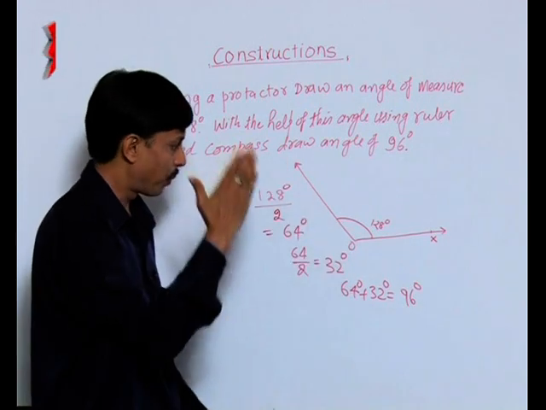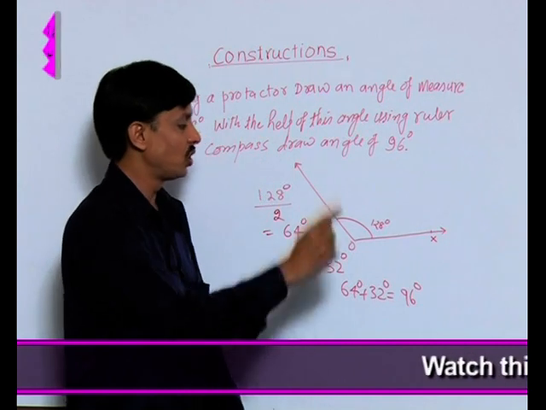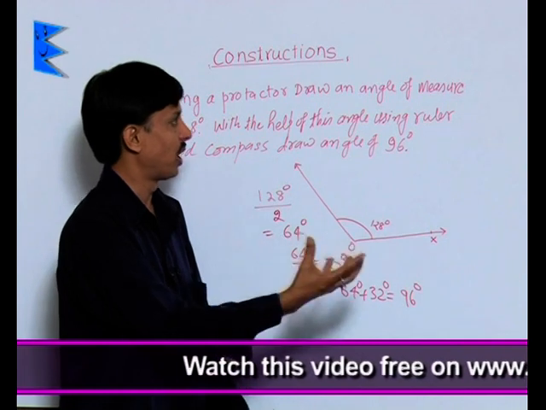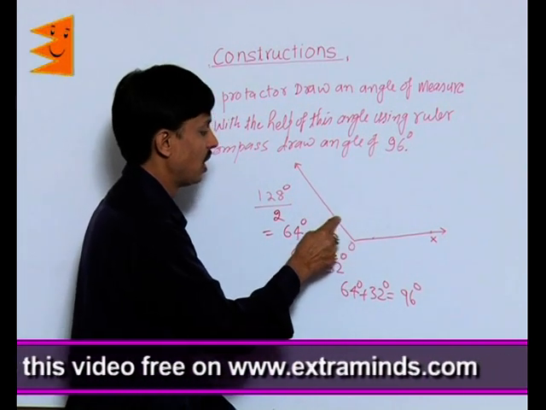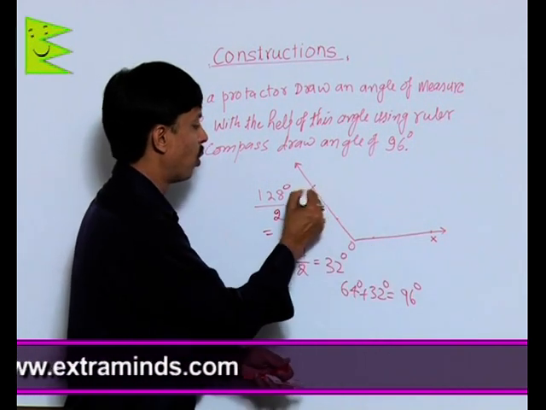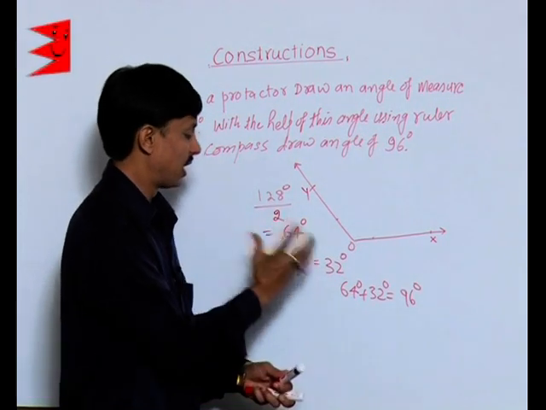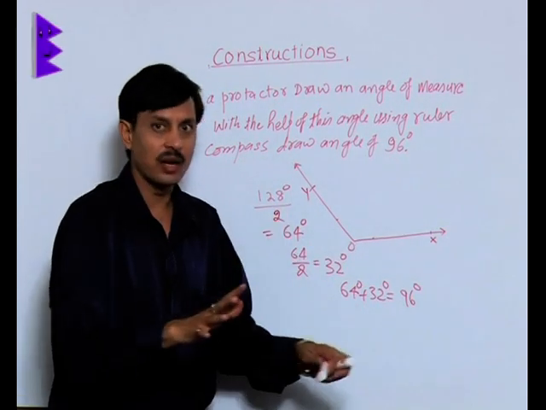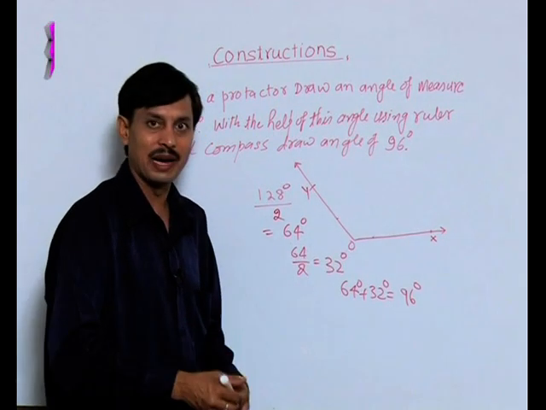So what is the process to be followed for getting an angle of 96 degrees when it is given that we are free to use the protractor for drawing an angle of 128 degrees? This angle is drawn, 128 degrees, that is XOY. Now, as I have done here, two bisectors. The first bisector, very conveniently you know, because it is explained in many examples how to draw the bisector.